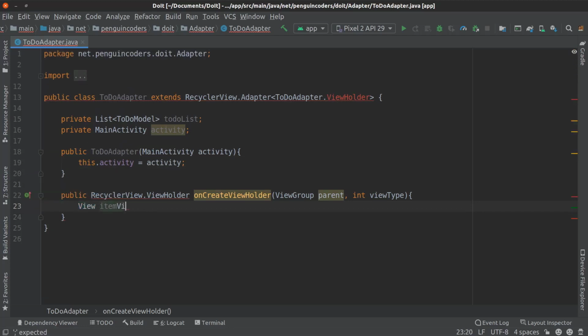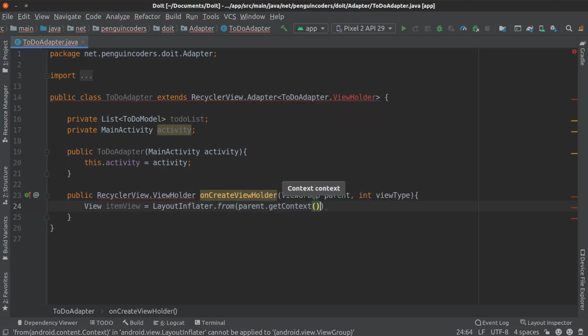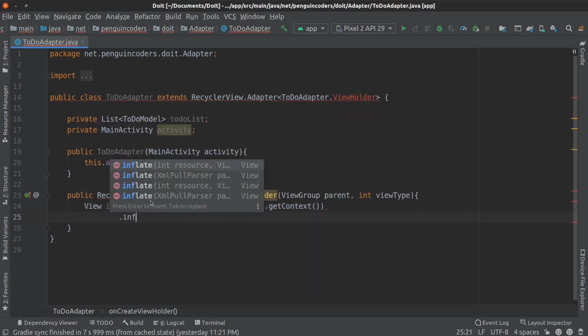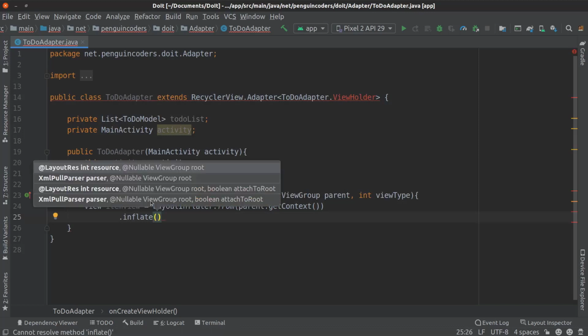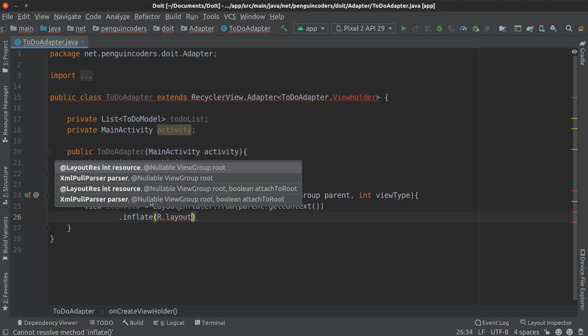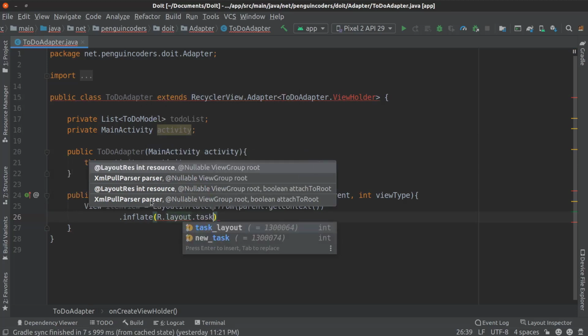So itemView equals LayoutInflater.from(parent.getContext()).inflate(R.layout.task_layout).